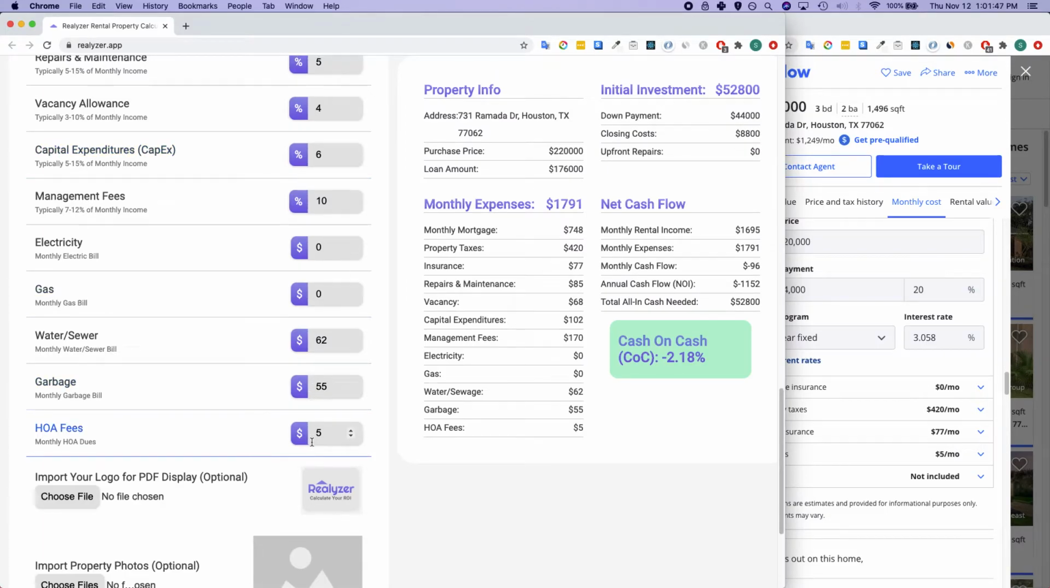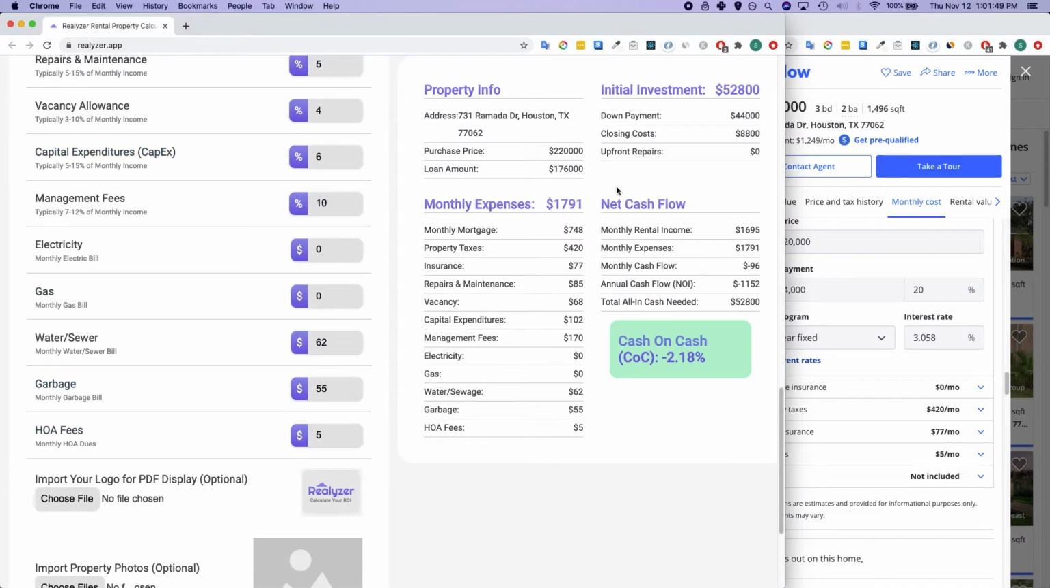Now that we have all of our numbers inputted, you can immediately see all the inputted numbers and the calculations right off the bat. If we're spending $17.91 every month and we're only making $16.95, we're cash flowing negative. So our cash on cash result is a negative 2.18%, meaning this would not be a good deal right off the bat. Cash on cash is formulated by dividing